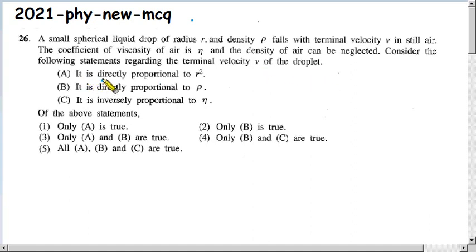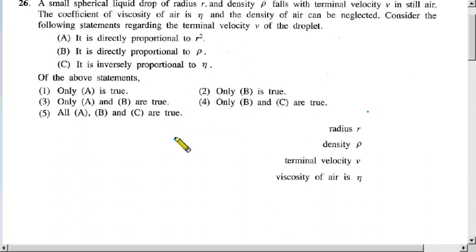A, it is directly proportional to r squared. B, it is directly proportional to rho. C, it is inversely proportional to eta. Of the above statements, first one, only A is true; only A and B are true; all A, B and C are true; only B is true; only B and C are true. So children, to answer this question